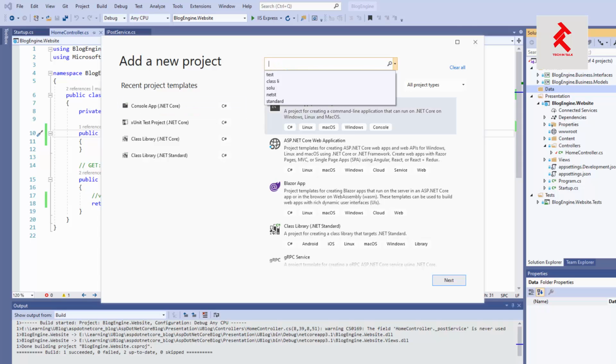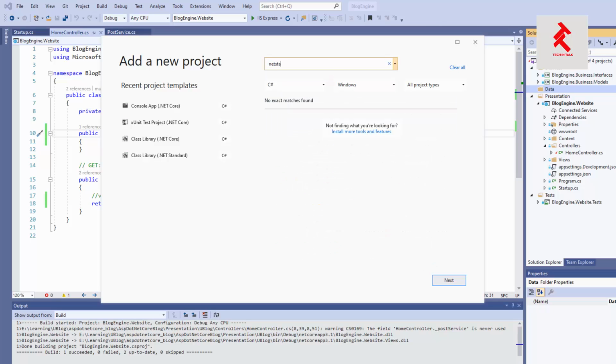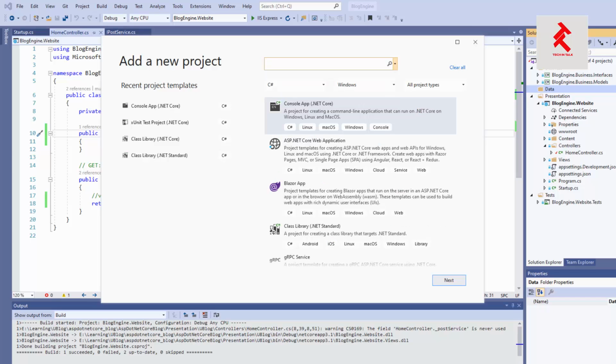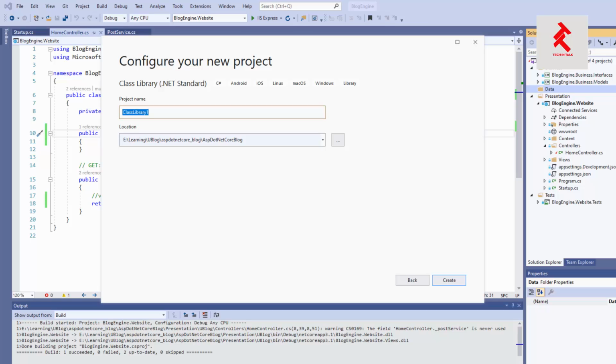.NET, okay, .NET Standard. We should pick .NET Standard if we can find one here, and that is .NET Standard class library, right? So I will double click this one and I will name it something like, what was the name we have given, BlogEngine.Data, and let's say these are models, data models,